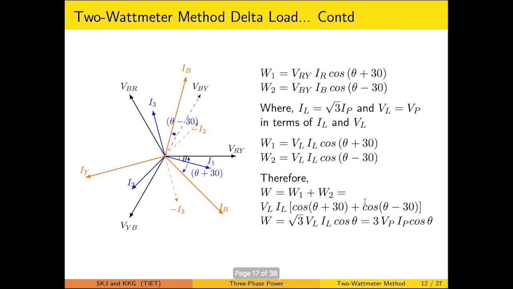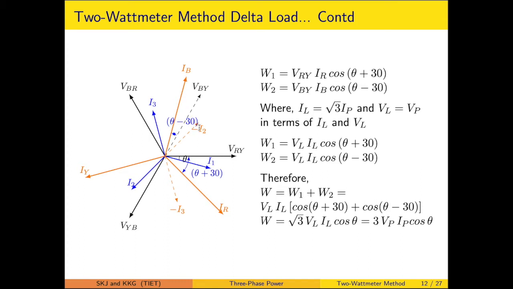So keeping that process in mind, first we have drawn, with the black line, the phase voltages. The blue lines are the phase currents I1, I2 and I3. Now we are measuring the IR, which is coming out to be I1 minus I3. That is calculated by the law of parallelogram. So that is resulting into the IR. Similarly, we will be measuring the IB, and that is coming out to be I3 minus I2. So negative of I2 is drawn, and the law of parallelogram is applied like this.